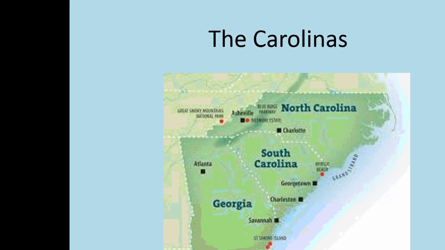Now, talking about the Carolinas, King Charles will also give away the Carolinas to wealthy aristocrats in England. Initially, they want to establish a manorial system. When you think manorial, think a manor, and how manors and the manor system work. Basically, in a manorial system, you would have wealthy landowners,